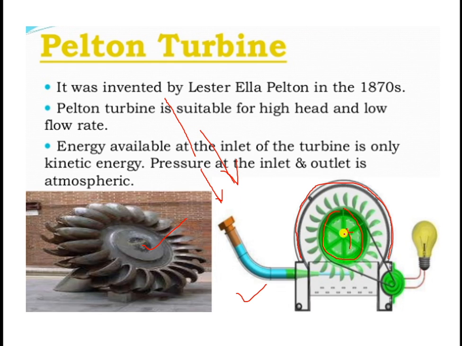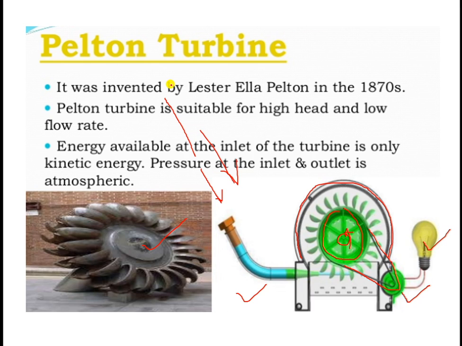As this wheel gets rotated, it is mounted on this rotor shaft, you can say the turbine shaft, which is coupled, it may be directly coupled, or it may be coupled with the help of some kind of system. If it is a smaller power plant, it may be connected to the generator shaft with the help of belt drives. In turn, it will generate electricity with the help of the basic electrical fundamentals, so that we will get electricity. So this is a simple explanation of the Pelton turbine, which is used in hydroelectric power plants.